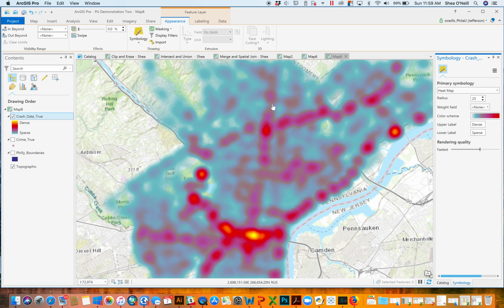You can see up Broad Street in Philadelphia, Roosevelt Boulevard, 95, right? These main roads tend to have a high volume of crashes, and there are certain points that are more intense than others. This tool, though, is pretty interesting because